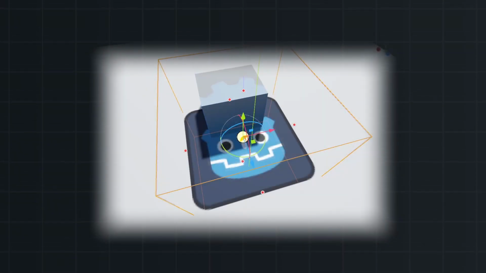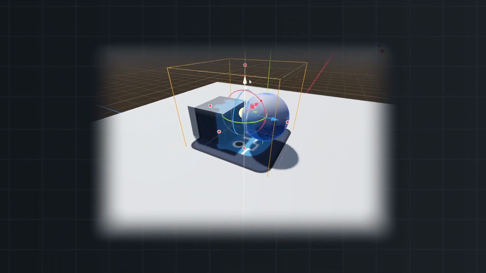In this video I'll show you how to use decals in Godot to create effects like graffiti sprays, blood splatter